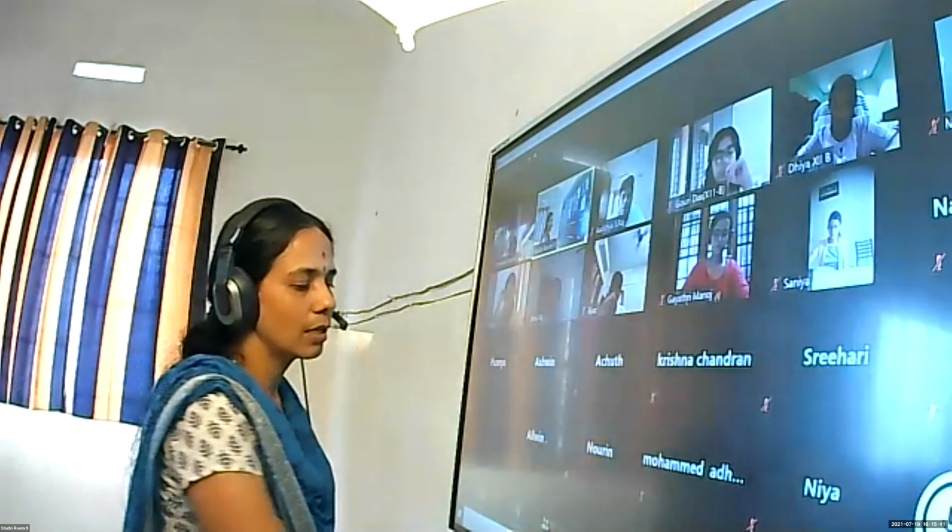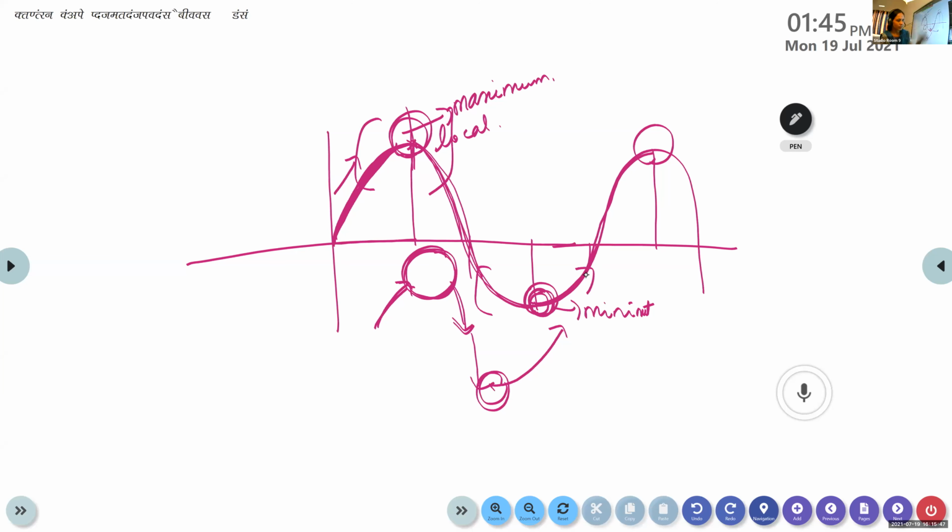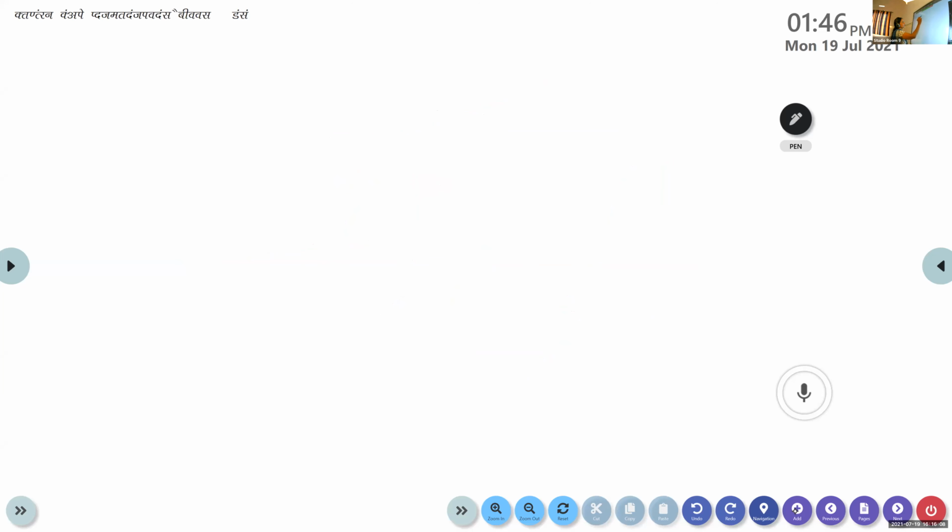For finding this local maxima and minima, there are two ways. First, listen to it, children. Tomorrow we will be writing the notes. For the time being, first understand how we are finding this. That is what is important, because it's a very important part. Maxima, minima: 5-mark questions are asked, and case study questions will be there. So for finding maxima, minima, there are two tests. The first one we call the first derivative test.